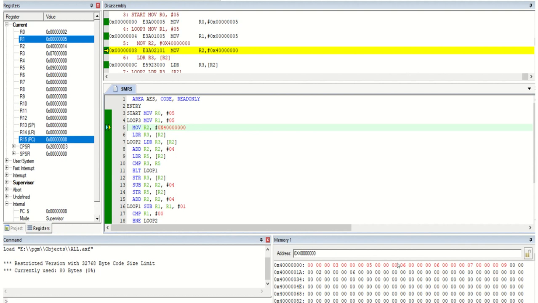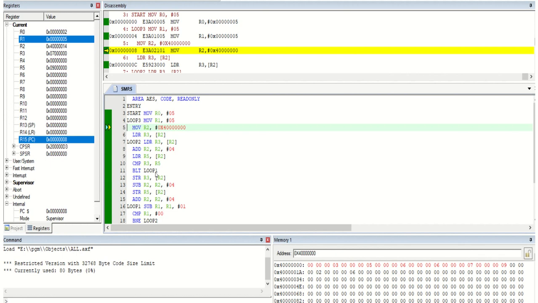5 is less, 6 is more. No need to change. Again 6 is there, 6 is there. No need to change, same number. Suppose here we have 7, here we have 6. At that time we have to swap, because here 7 we have to move to here, 6 we have to move to here, then only we are getting ascending format. So this is your moving or arranging numbers in ascending and descending format. The number should be a 32-bit number.